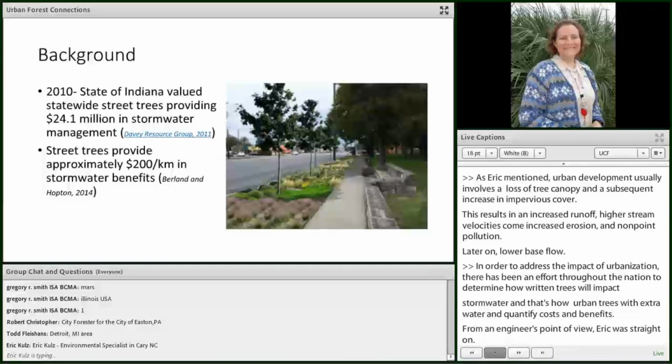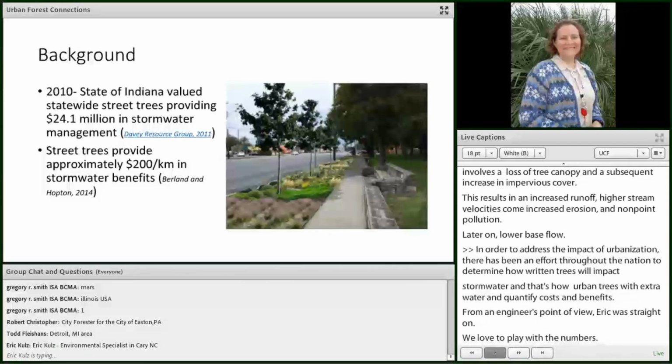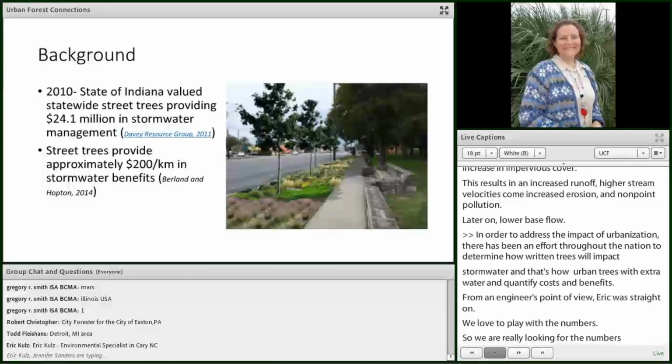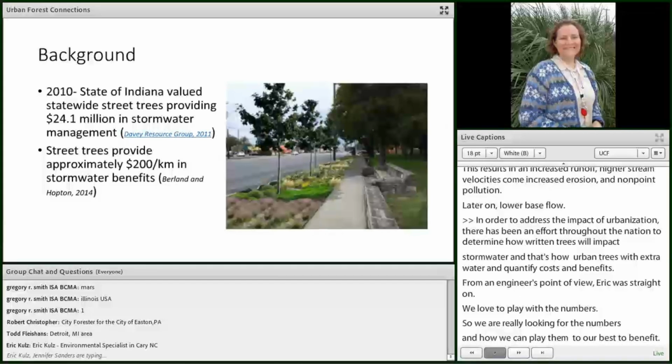One study commissioned by the state of Indiana in 2010 surveyed 23 of their communities and found that the benefits of the urban forest ranged from stormwater, air quality, energy savings, and improved tax base. And that all amounted to about $79 million annually statewide. Over $24 million of that was just with the stormwater benefits associated with the rainfall capture, the decreased flows, and